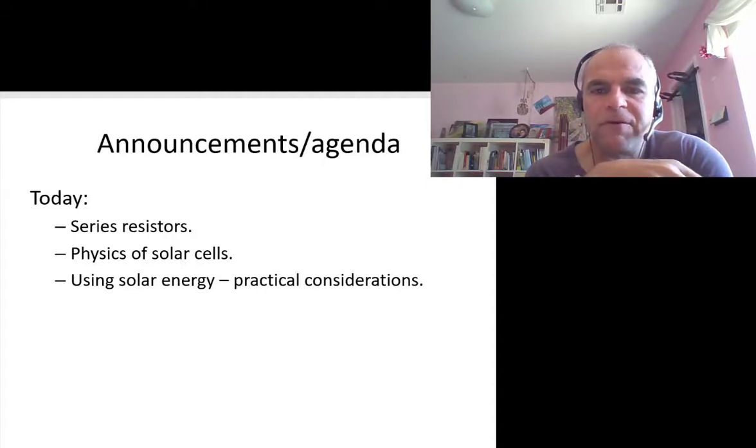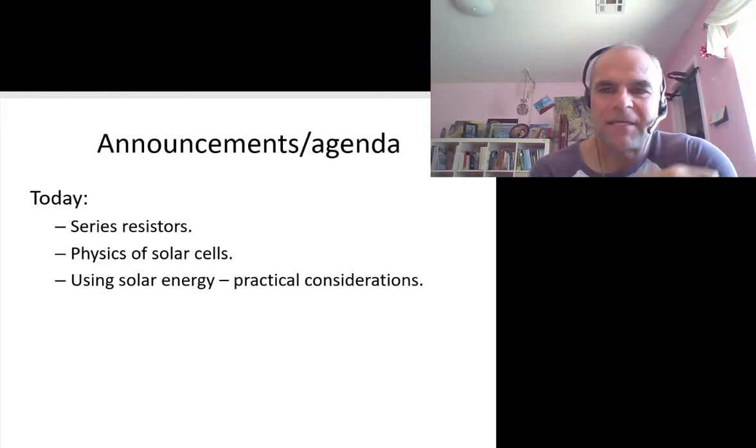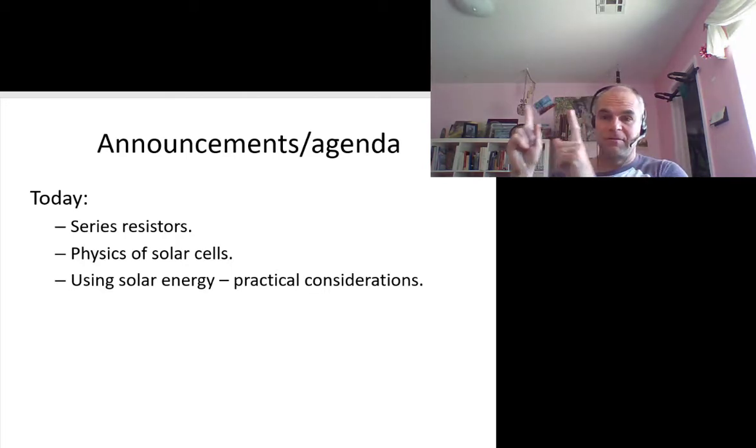Today on this recorded video, I'm going to talk about series resistors. Similar to the example we did last time with parallel resistors, series resistors are all in a line, and I'll show how to calculate the equivalent resistance in that case. Then I'm going to jump into the physics of solar cells,